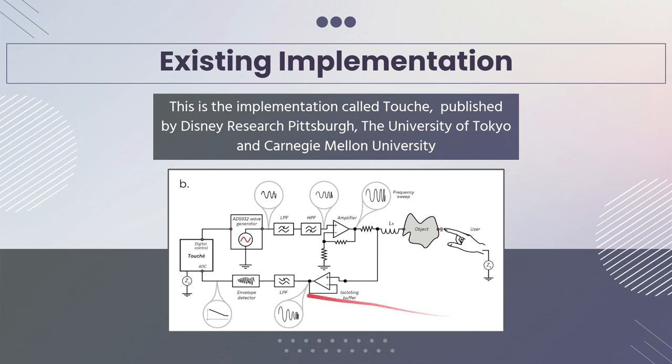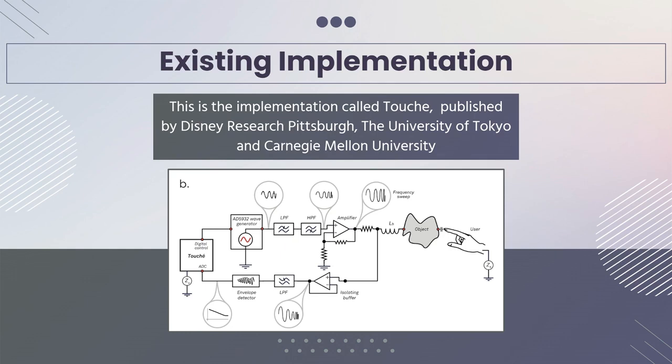In this implementation, as we can see, they use Touche, which is basically the brain of the whole processing. Using a digital control, they ask the wave generator, AD5932, to generate clean sine waves at different frequencies. Then this frequency goes through low pass and high pass filters, and finally is amplified to a sizable difference and applied through an inductor to the object. Now, this object could be an electrode, it could be a mug as in our case, or it could be a fruit, a carrot,